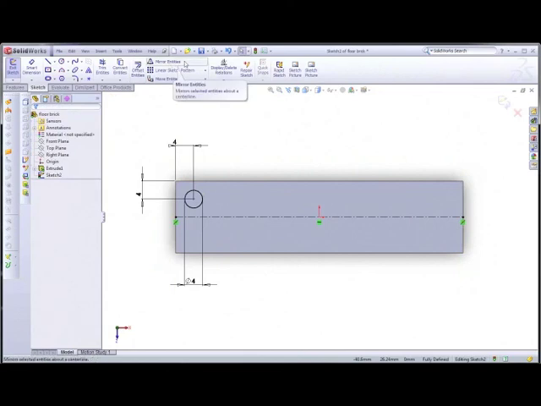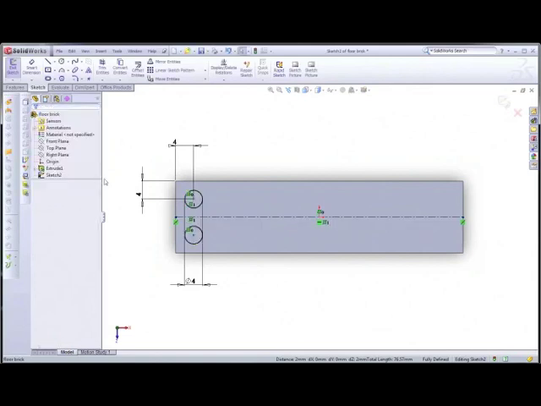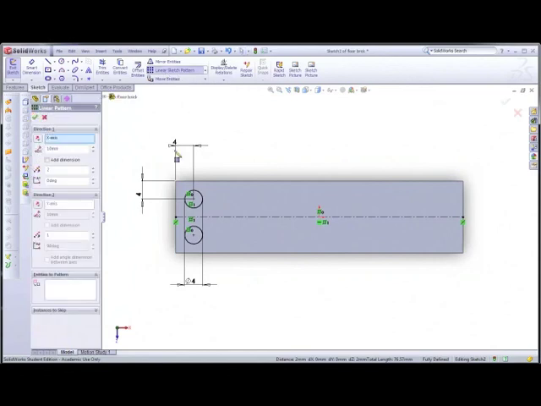Now I can mirror entities within there, so I'll click on there and click on there. Now green tick that. Now I've got my two circles. What we're going to use is the linear sketch pattern tool to pattern these all the way along. So it basically means we don't have to draw it over and over again. So I'll click on linear sketch pattern, and I will pattern this and this, and we will select in